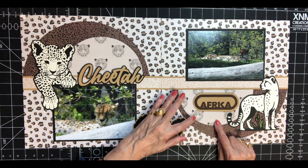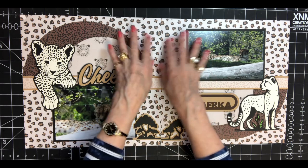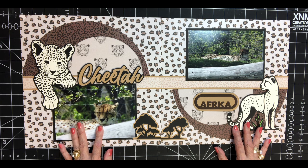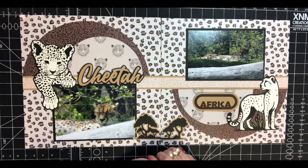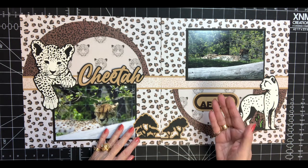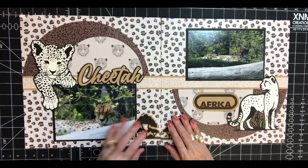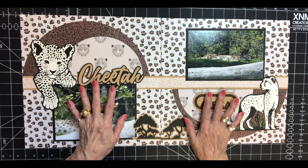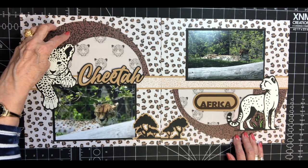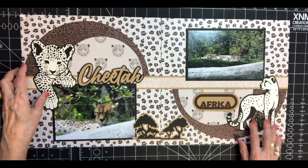And I happened to have a pad that had leopard or cheetah paper. The whole pad is animal print. So all these papers came from that pad. It was perfect when you're 2 or 3 years behind in your scrapbooking. You know what's coming up. So when I saw this pad, I knew I was going to be scrapbooking zoo pages, so I had to buy it, of course. So anyway, I balanced my page with semicircles, top and bottom, left and right, and then